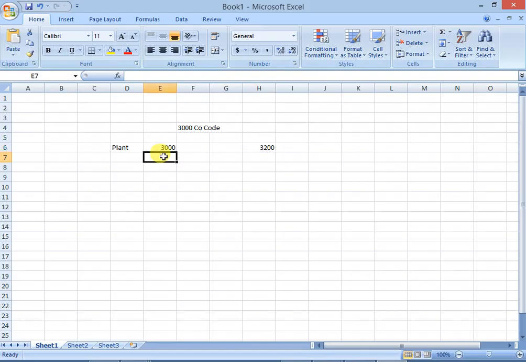Another case: I have plant 3100, which is manufacturing, and 3200, which is also manufacturing. This one is the Mysore plant and this is the Mumbai plant. I have sufficient stock in 3100, the Mysore plant, but I need to deliver goods from the 3200 plant.